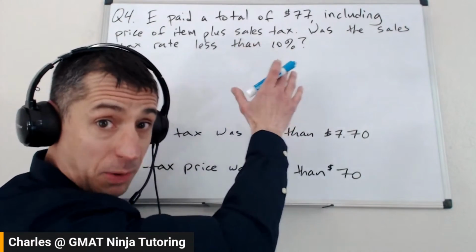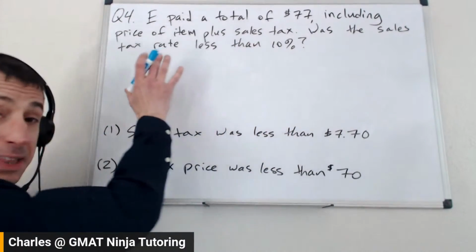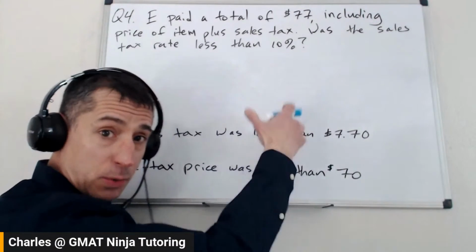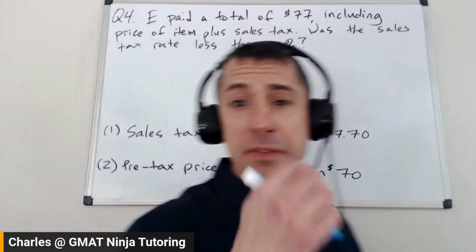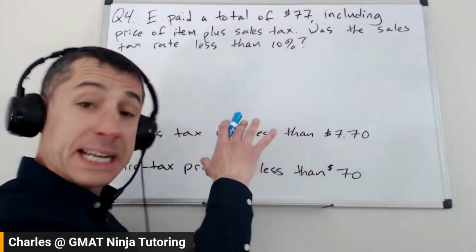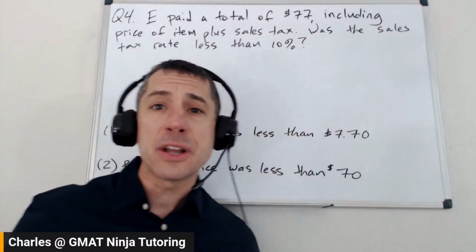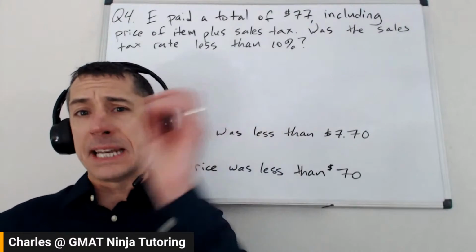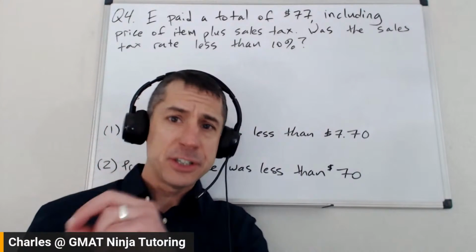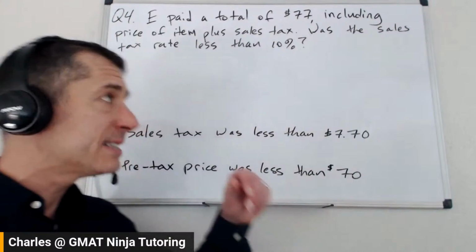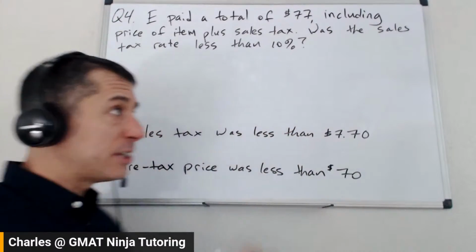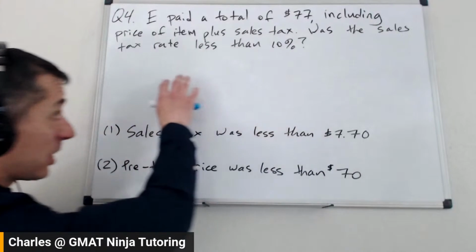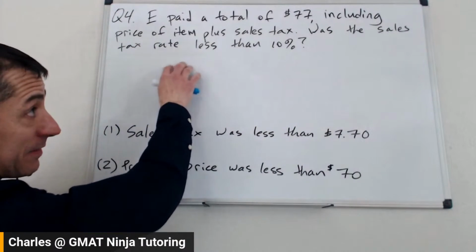Why? I still have no idea after all these years, but they will reward you if you spend a little bit of extra time on the question and try to rewrite the question in ways that are logically equivalent. Huge thing. If you've not worked on data sufficiency before, it's part of the data insight section on the GMAT Focus. We have a video here at GMAT Club, data insight series, a data sufficiency specific video where we talk about that process. Also have plenty of similar things over on the GMAT Ninja channel. So I'm going to assume that you've seen these before. I'm not going to talk about my overall process here, and just dive into the content of this question itself.